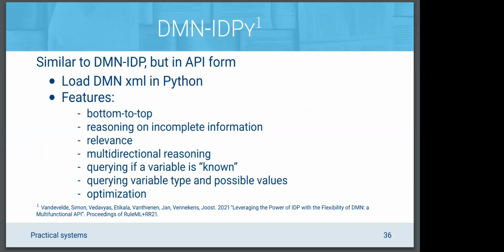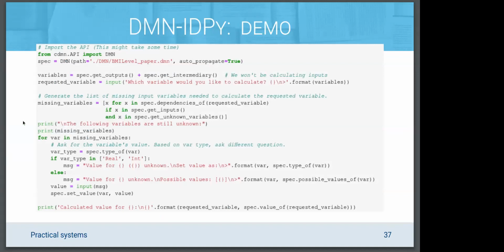But you can also do optimization, as I've shown earlier. So I also have a quick demo for that. This is 25 lines of Python code that I implemented myself, and I will be showing the demonstration for it later. Basically, all it does is load in a DMN model. It can be any DMN model. It will tell us what all the variables are in the DMN model that aren't inputs, and ask us which ones we want to calculate.